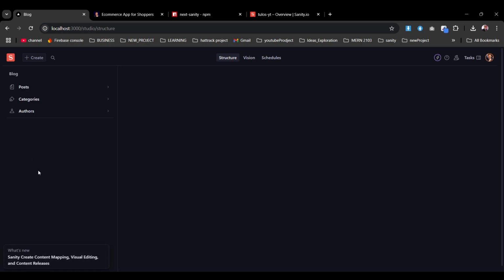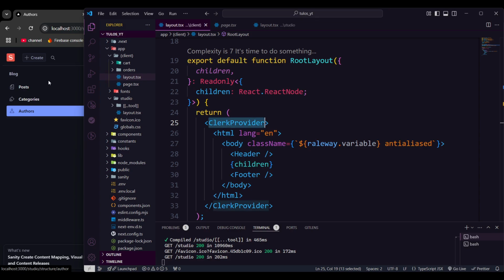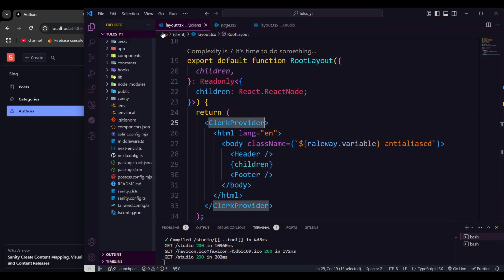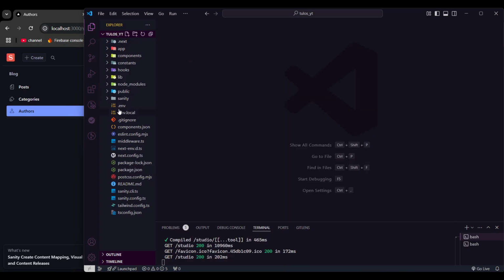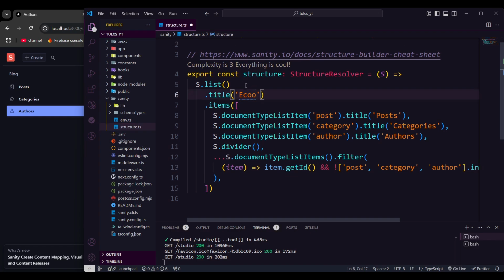Now as you see, we have our structure ready. We have the post, we have the categories, we have the authors, and so on. Everything is working perfectly fine. Now here, we don't want it to be a block, right? We will just manipulate some of that, then we're going to start building our setup. Now this env file is not required because we're accessing our env from there. And on that Sanity structure, as you see, it's written here is the block. So we can just make that, let's say, Toulouse